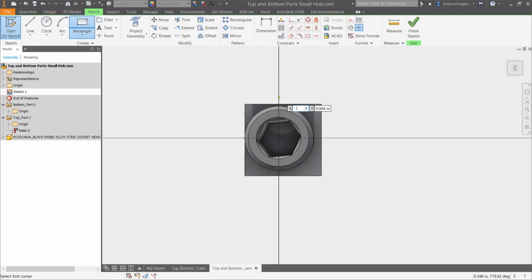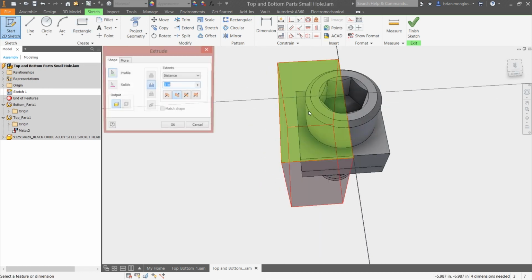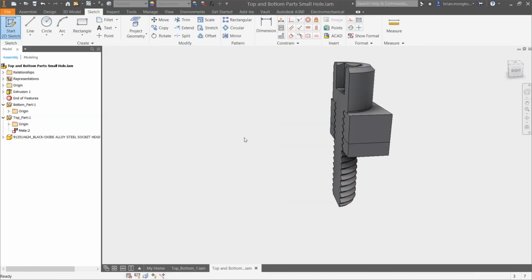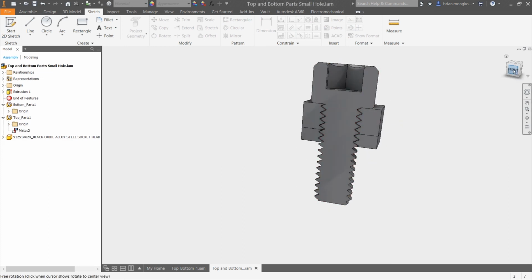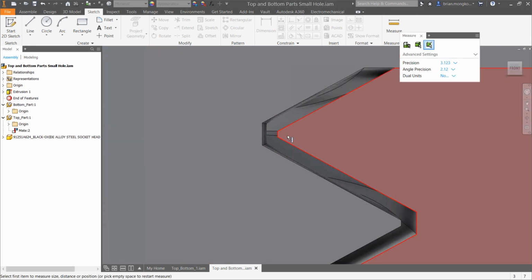I'll choose the starting point of my rectangle. And then I'm going to cut down, and then we can see pretty much the same half section view,